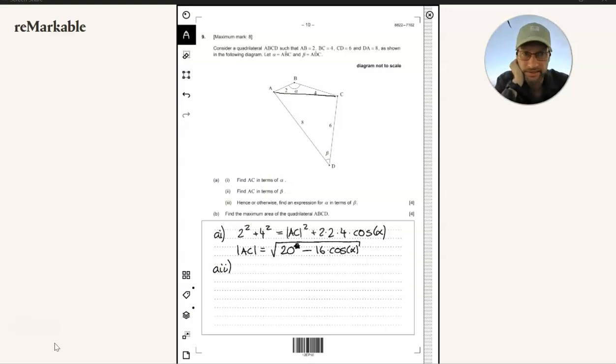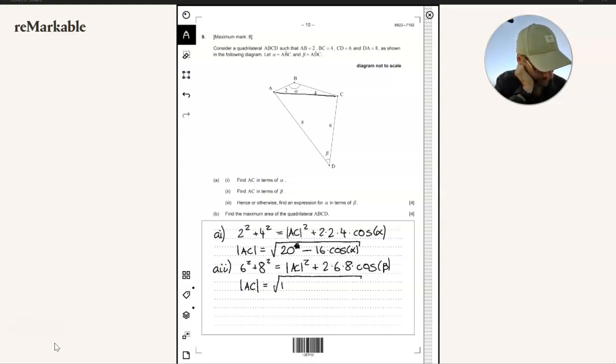And that's really just exactly the same, because if you look at the angle beta, there's again a triangle. We have 2 side lengths, and we need the last side length. So one more cosine rule. This time we just say 6 squared plus 8 squared equals AC squared plus 2 times 6 times 8 times cosine of beta, from which we get that AC is equal to the square root of 36 plus 64,